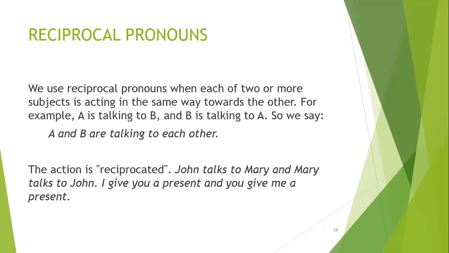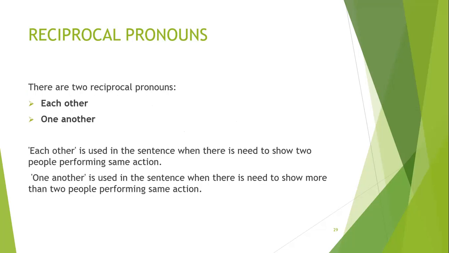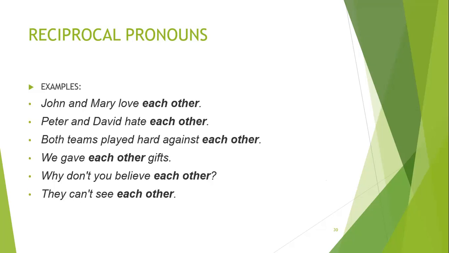John talks to Mary and Mary talks to John. I give you a present and you give me a present. It's reciprocal. Now there are two reciprocal pronouns in English. We have each other and one another. Each other is used in a sentence where there is need to show two people performing the same action, whereas one another is used where we have more than two people performing the same action. So for example,